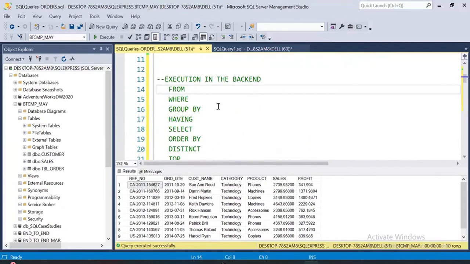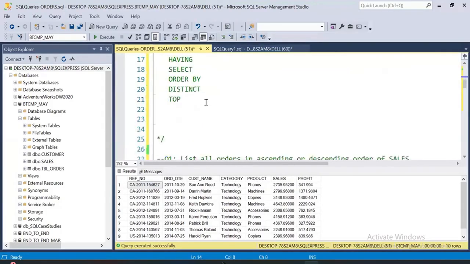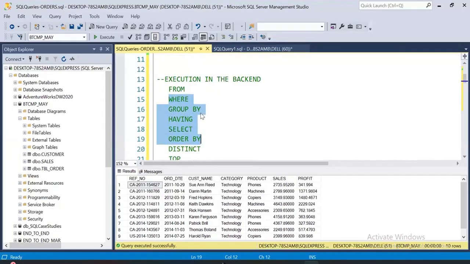तो मैंने टेबल का alias name कहाँ पे डिफाइन किया? From के अंदर. So I can use alias name everywhere after I've defined it in from. Anywhere I can use it in these clauses. जो मैं from में alias name define कर रहा हूँ tables के, I can use it inside where, group by, having, select, and order by, because all these are executed after from. अगर मैं select में कोई alias name define कर रहा हूँ, तो I cannot use it inside having, group by, where or from. Because